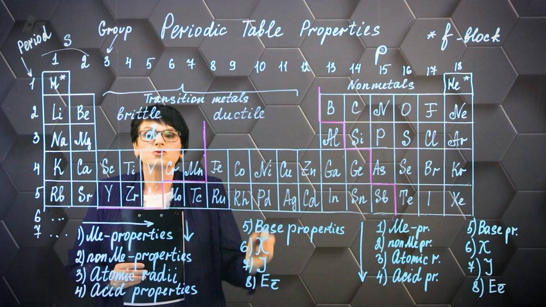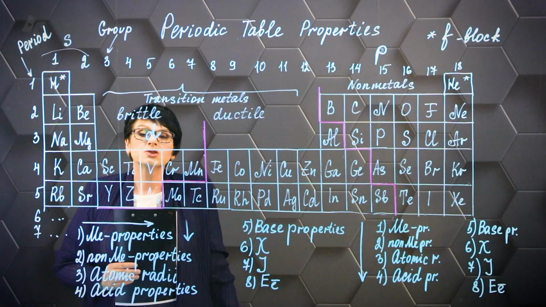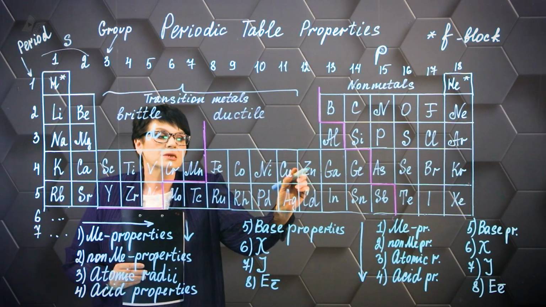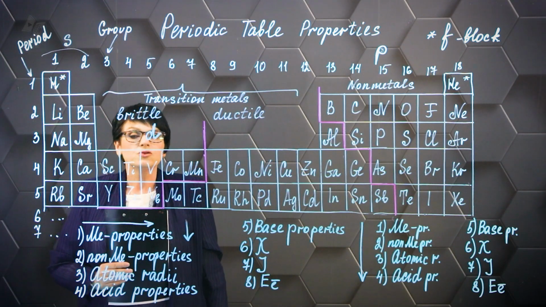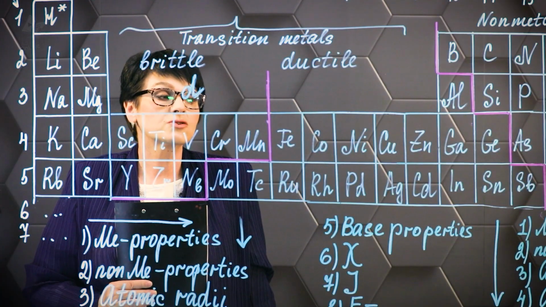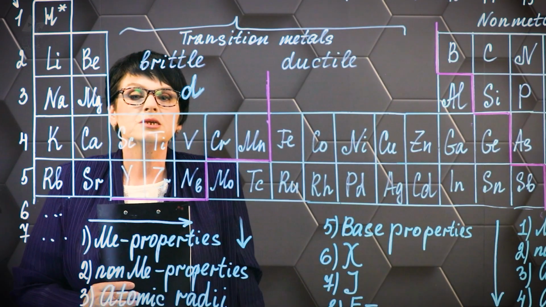It would seem that copper should be stronger than zinc, but it is not. If we look at the range of metal activity, we will find that copper is after hydrogen and zinc is before hydrogen. The same pattern exists in some other periods,